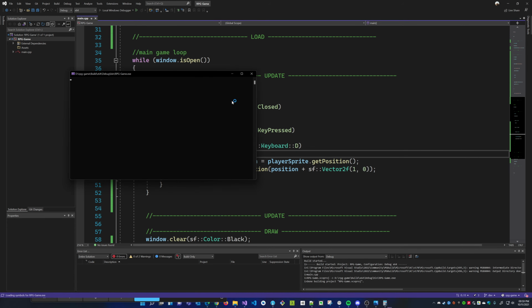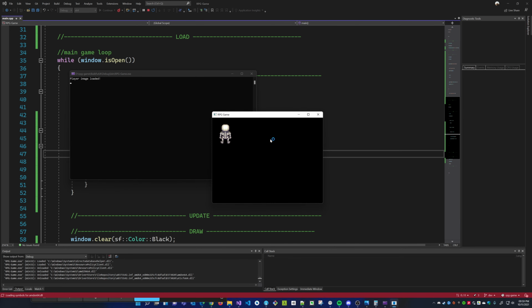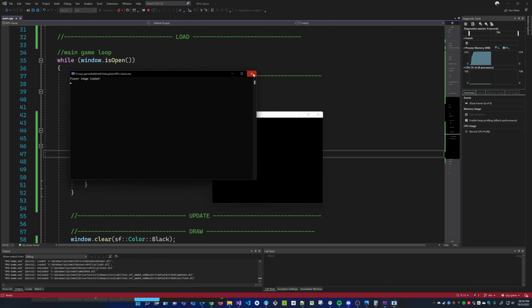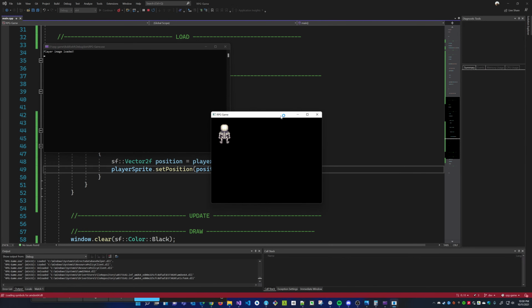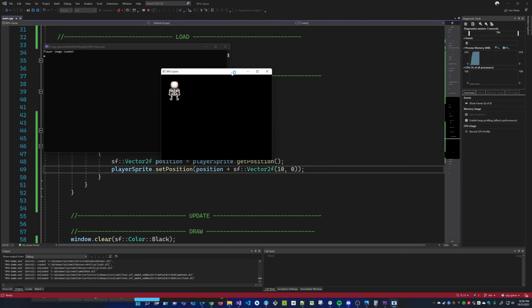So let's try this. If I press D, I'm gonna press and hold D now. All right, cool. So that worked. It's a little bit too slow. So maybe I'm gonna increase the unit jump, let's say by 10. So he's gonna move 10 units to the right, or 10 pixels. So this is pixels, by the way. I'm moving 10 pixels. Before I was moving a pixel at a time, now I'm moving 10 pixels. So I'm gonna press and hold now. Okay, sorry, I pressed the wrong key. I'm gonna press and hold now.